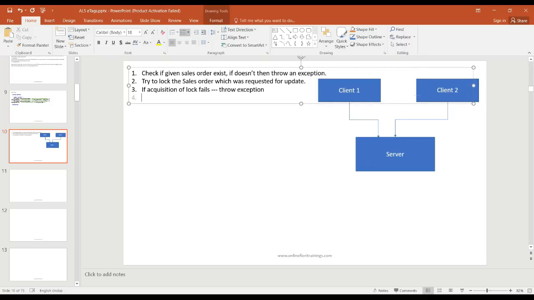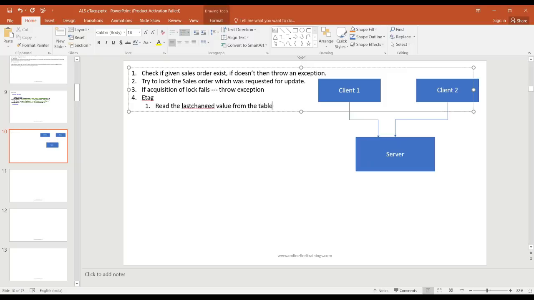Step number 4, after that, if it is able to lock it, then you have to read the last updated date and time value. That's basically what we are also treating as an eTag. So if the lock is successful, then we have to proceed further towards updating. Now we have to do eTag checks. As part of the eTag checks, we need to read the last changed value